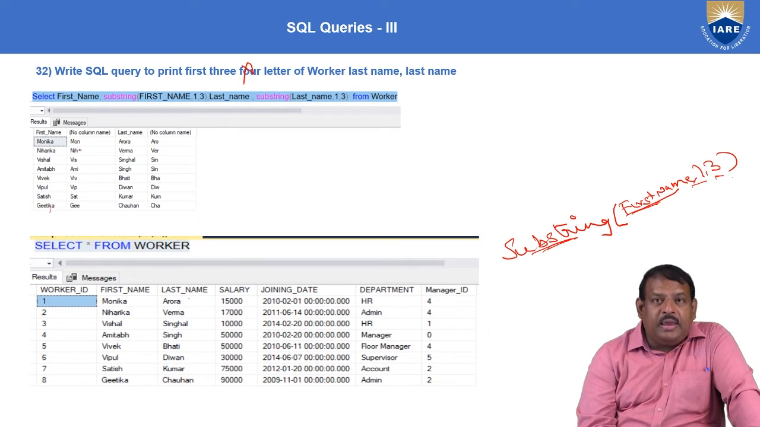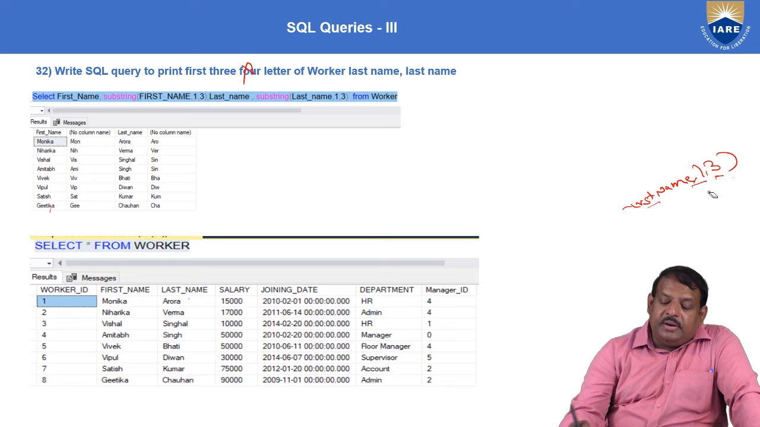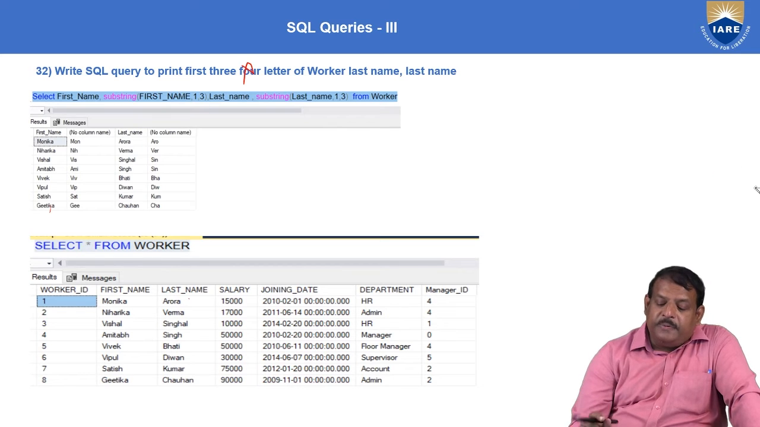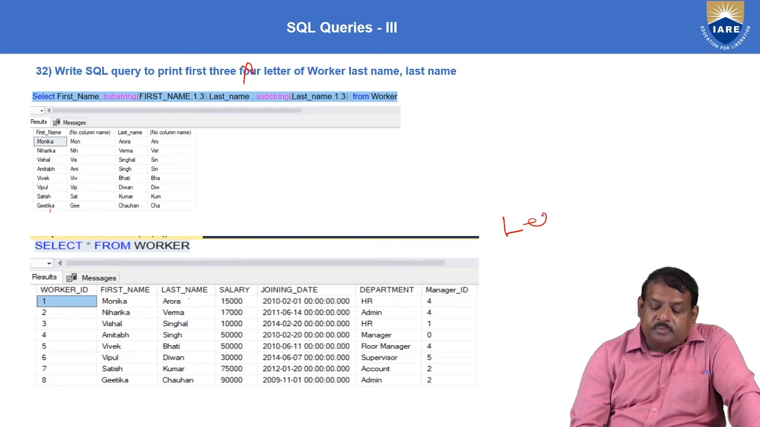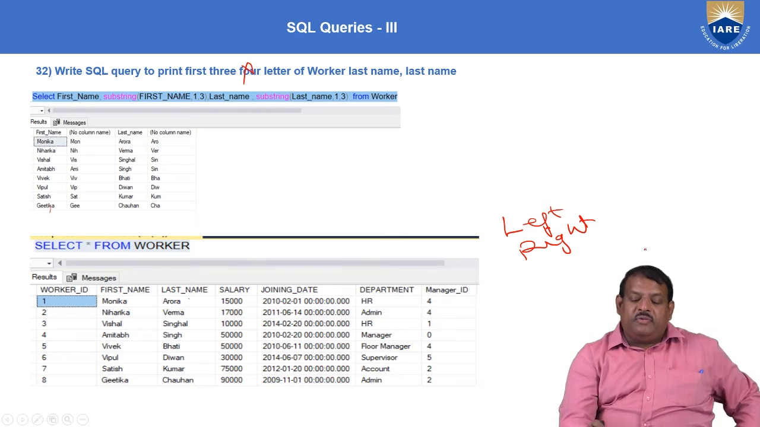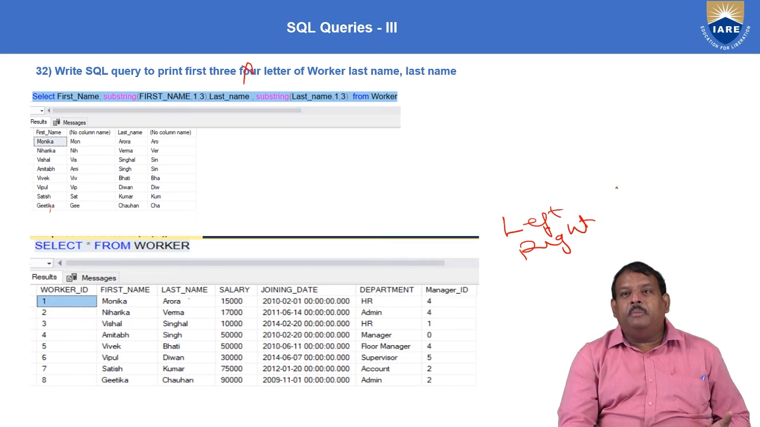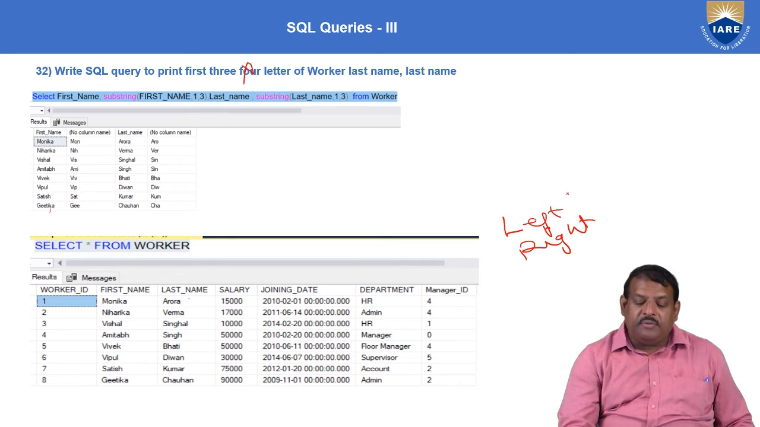MON, NIH. So out of all the available rows, it takes the first 3 letters. Okay, this is similar to the left and right functions. In the left function, from the left side, it will pick however many characters you want. So you can say left of first name,